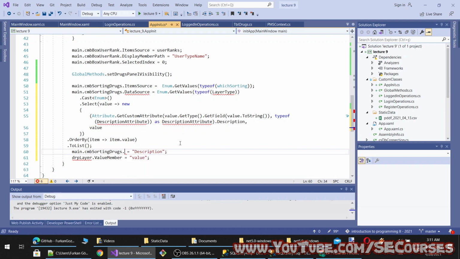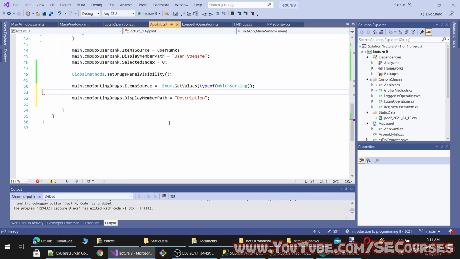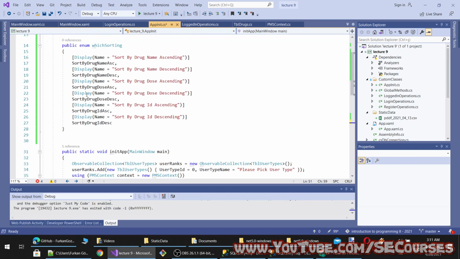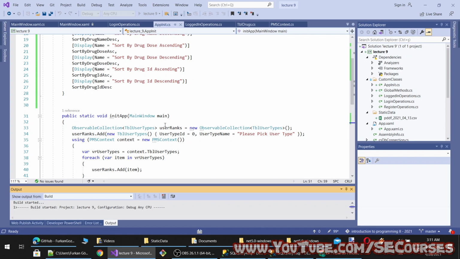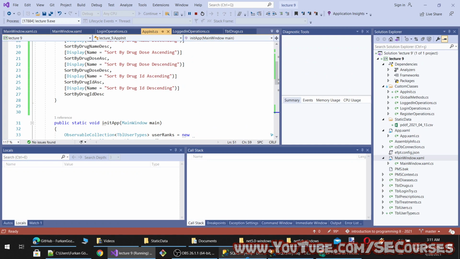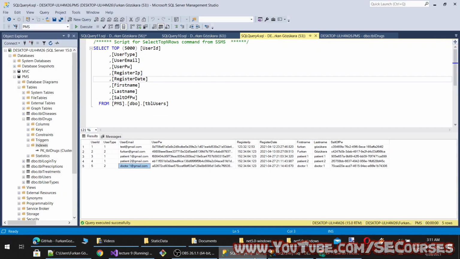But there is no display member. Why? Okay, there is display member path. And what happens if I make it as name? Because it is the name. I hope this works, but I'm not sure. We will see.